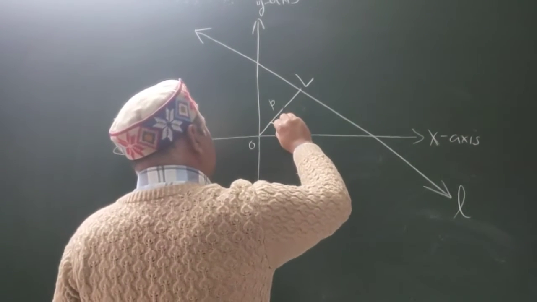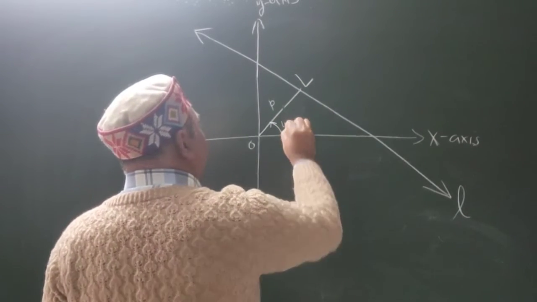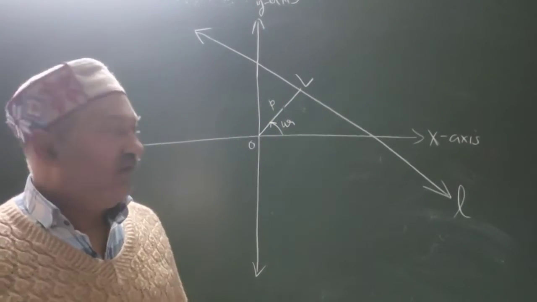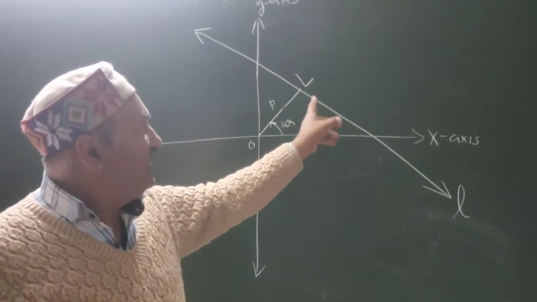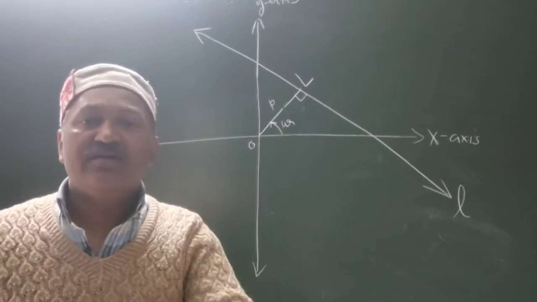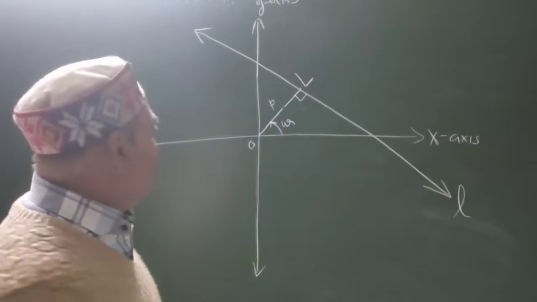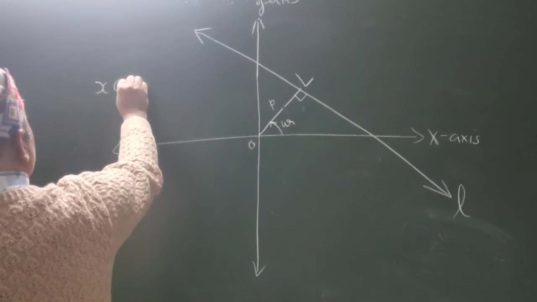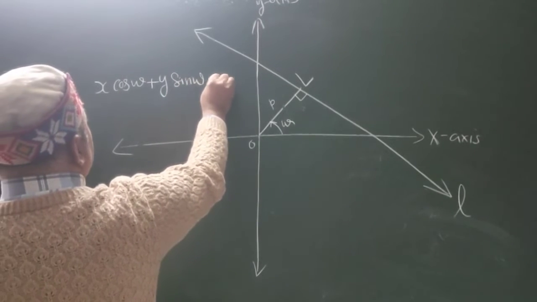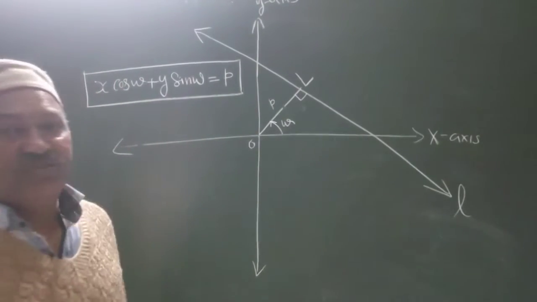And inclination of this perpendicular is given to you. This is omega. These two things are given. Length of the perpendicular from origin to the straight line is given, and second is inclination of that perpendicular with the x-axis is given. Then the equation of the straight line is x into cos omega plus y into sin omega is equal to p. This is called perpendicular form of the equation of the straight line,